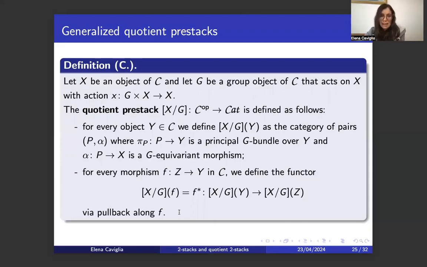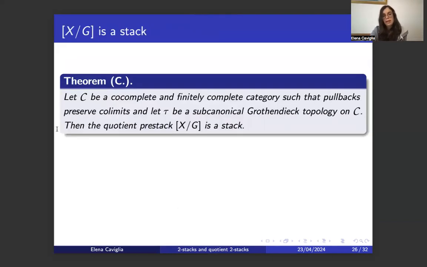And so what I did is I proved that if the category is nice enough, in particular, this means that it is co-complete and finitely complete, and that pullbacks preserve co-limits, and if the Grothendieck topology is subcanonical, and this means that every representable is a sheaf, and this is a mild condition that is satisfied by almost all the geometric examples of sites, for example,